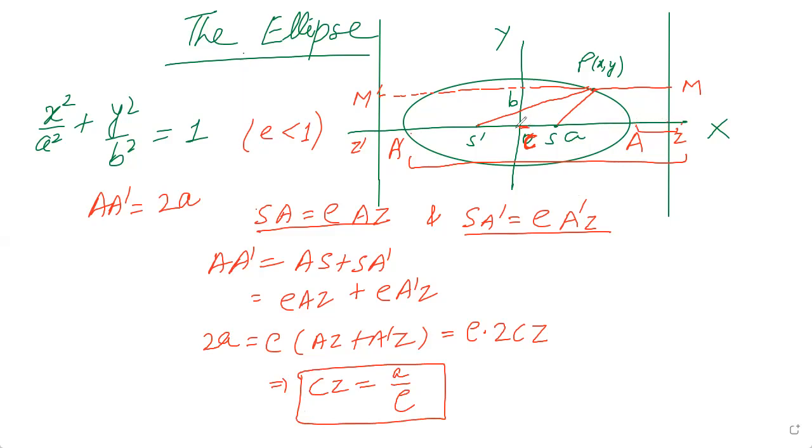CZ means this, तो सेंटर से डिस्टेंस, तो इसका मतलब क्या हुआ कि अगर ये डायरेक्ट्रिक्स है और ये डिस्टेंस a upon e है, तो इसकी इक्वेशन क्या होगी, x is equal to a upon e, this distance, because CZ is what, distance from the center, I am considering origin. Similarly this distance will be coming minus a upon e because it is on the negative side. So this you can find by doing this small calculation. यहाँ से आपके पास directrix की इक्वेशन निकल आती है. So equation of directrix is,